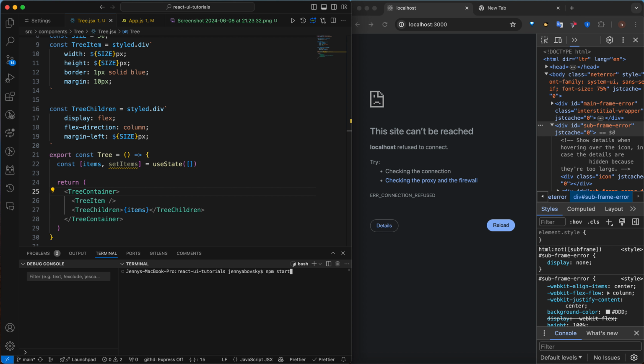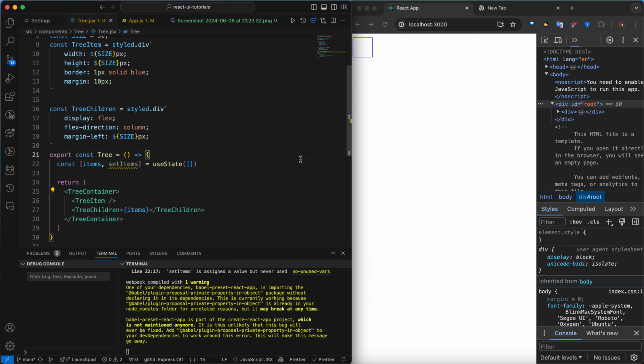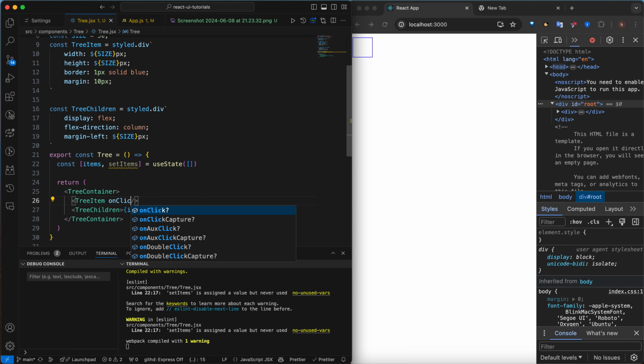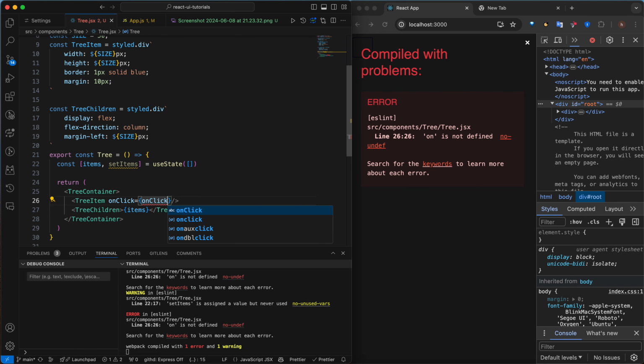npm start. So this is our item. When I click, nothing happens because we need to implement onClick on our item. So let's implement onClick. I'm gonna define it here,